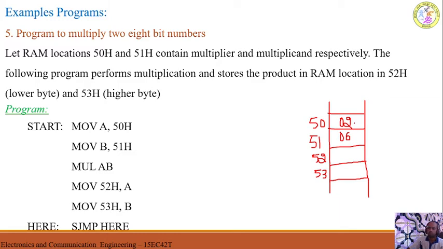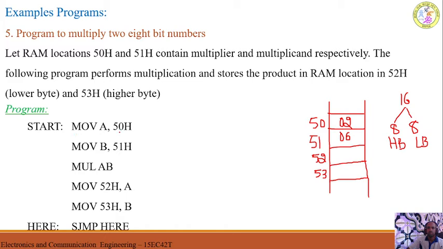In the multiplication operation, when you multiply two 8-bit numbers, the result may be 16-bit. The result need not always be 8-bit. If the result is 16-bit, it cannot be stored in a single memory location, because in standard memory each slot can store only 8 bits. Therefore I want to divide this 16-bit result into two separate 8-bit parts. One is called the lower byte, the other the higher byte. Byte means 8 bits, so the lower byte and higher byte will be stored separately.